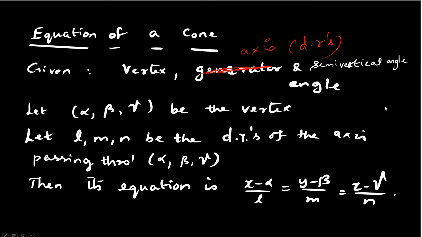So let alpha, beta, gamma be the vertex, and let LMN be the direction ratios of the axis passing through alpha, beta, gamma. Then its equation is given by, if you know the direction ratios and one point, the equation of a line can be easily written. So the axis equation is this. Then